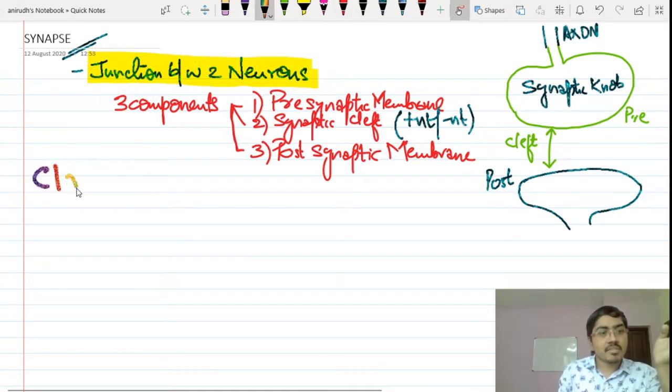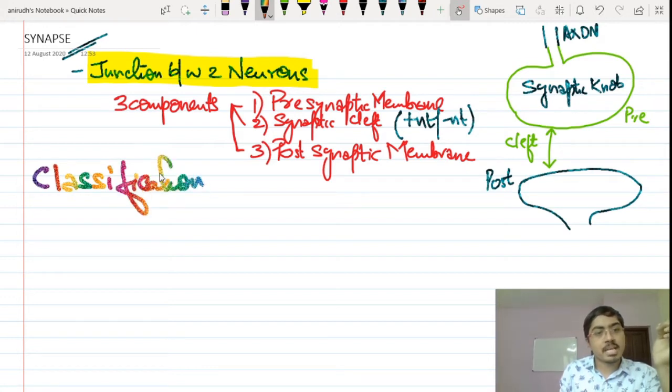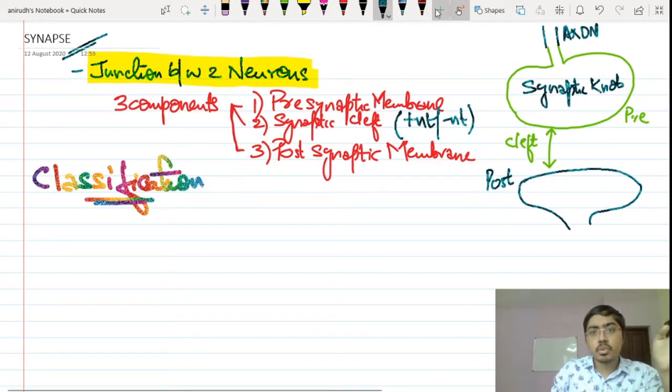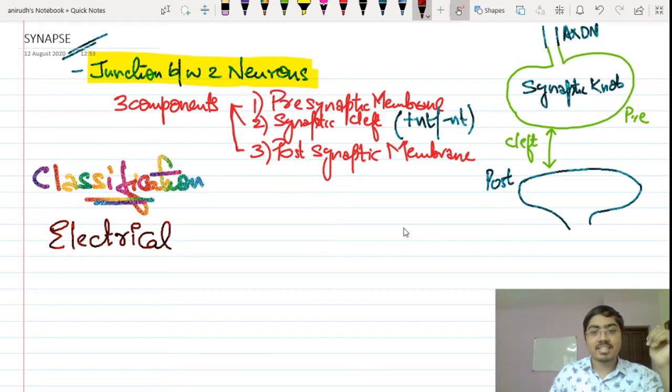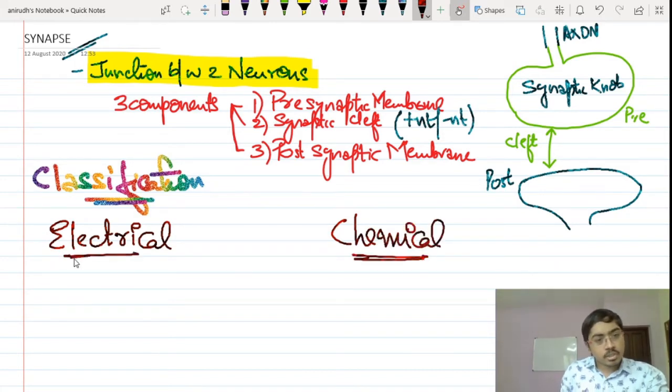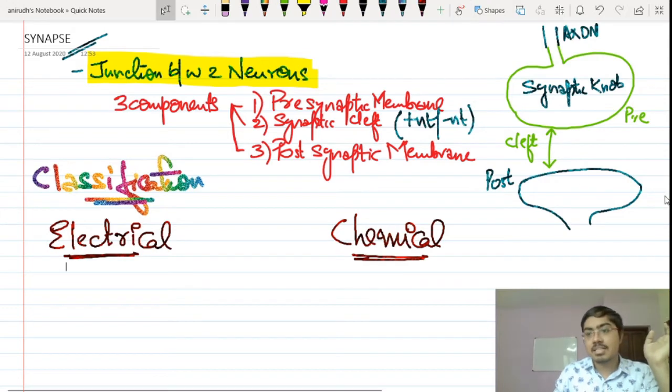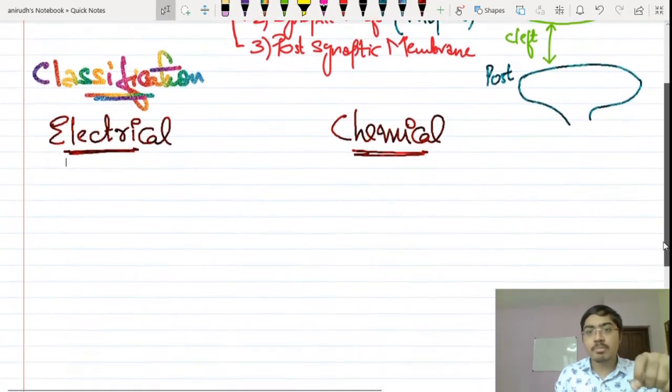So let's formally classify this. Let's talk about the classification now, of synapse. There are two types of synapse present in our body. We all know that. The two types are as follows: you have an electrical synapse and you have a chemical synapse. Let's write it here itself, otherwise my image will go over this. I hope this is visible to you now. So electrical synapse and chemical synapse, let's understand the differences between them. That is a very probable question in the exam.